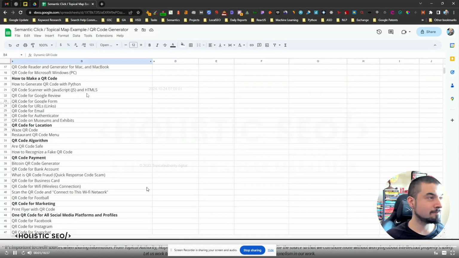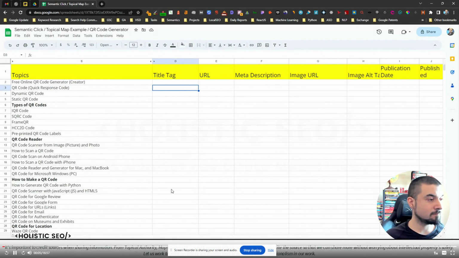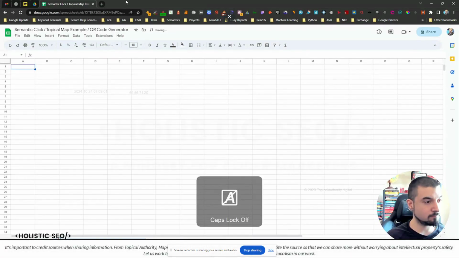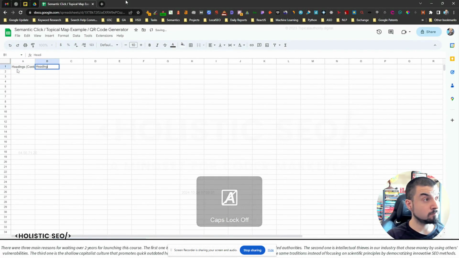Hello everyone, this is the 85th lecture of the Semantic SEO course. In this lecture, we will be creating the last content item brief for now. And in this content item brief, we will be focusing on the QR code generator topical map that we have